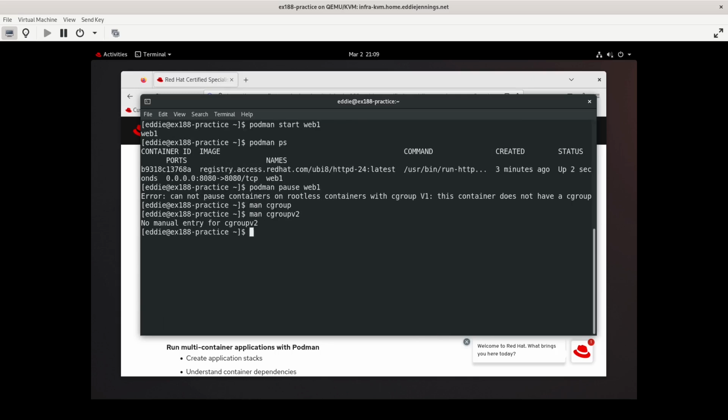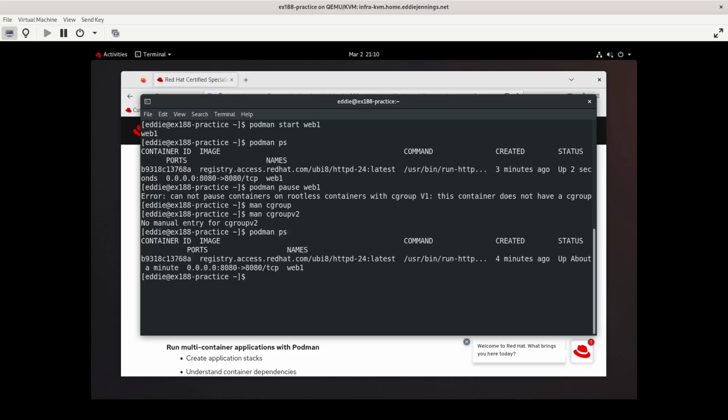So that would be something to look up. Definitely we'll need to do that just in case we do need to pause a container, and the objective is to pause this container, your system can't do it, and you have to figure out what to do to make that happen. Though this is kind of curious. I wonder if you have a container in a pause state and you reboot the server, if it'll be running. I do know that this podman web1, let's see,